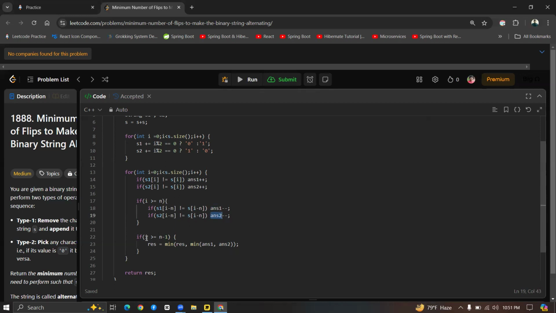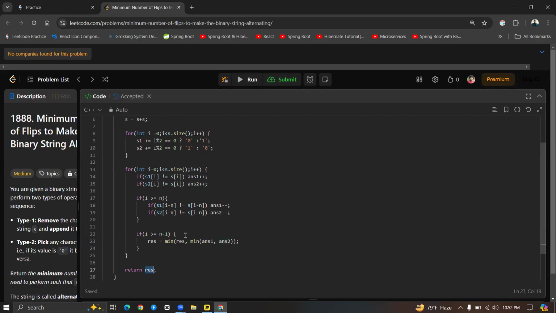Now here, if i is greater than or equal to n minus 1, that means in this case, we can calculate the answer, or we can consider a window. Here, the result will be the minimum of result and the minimum of answer 1 and answer 2. Finally, we have to return the result. I hope you understood the